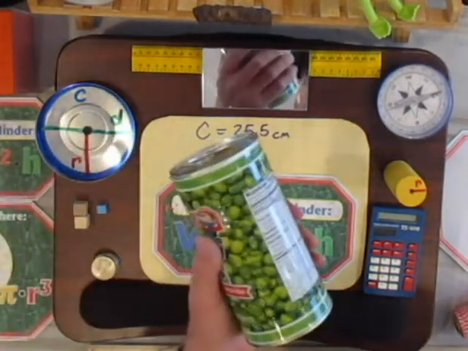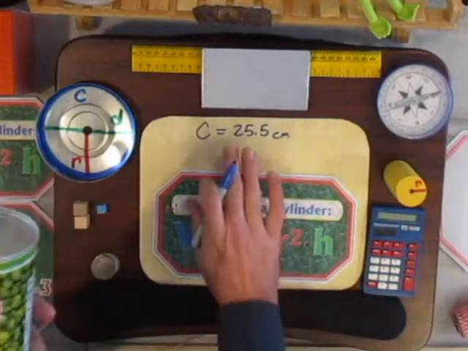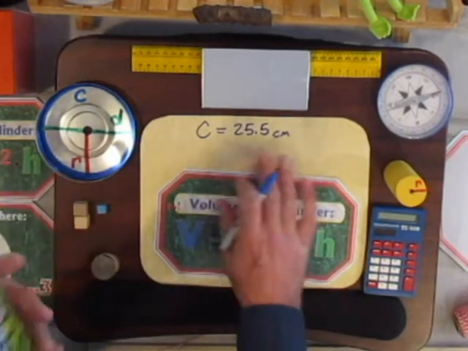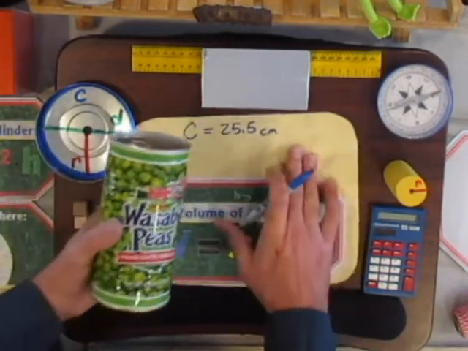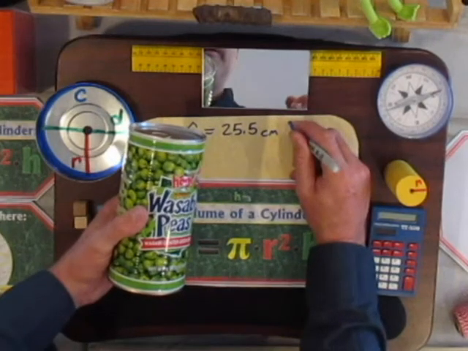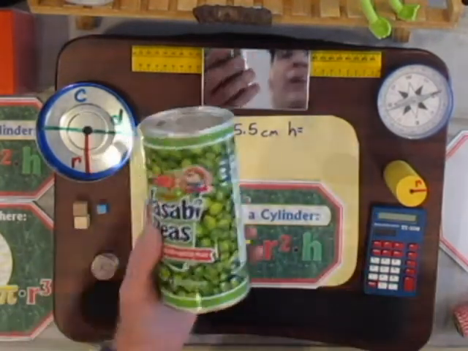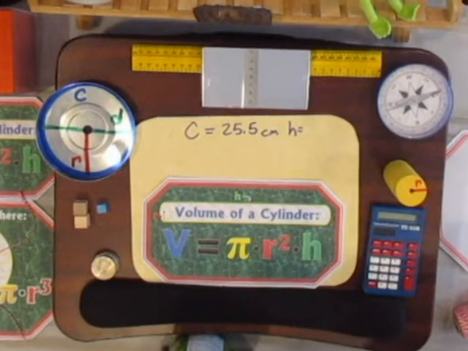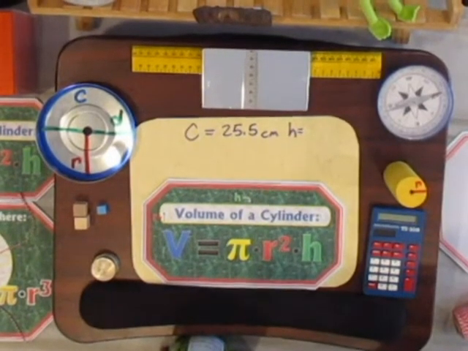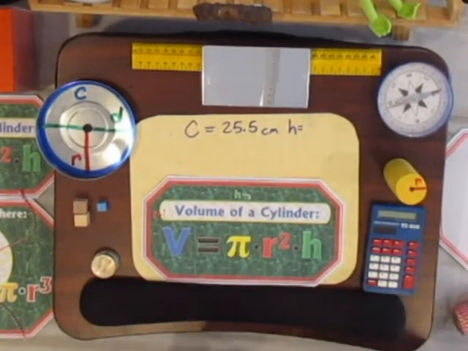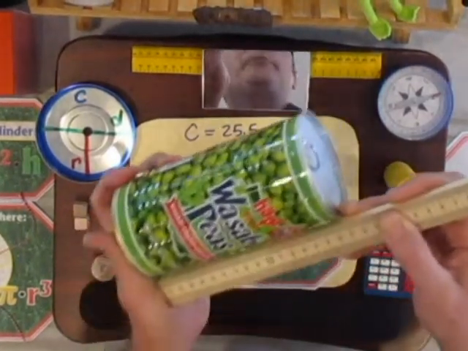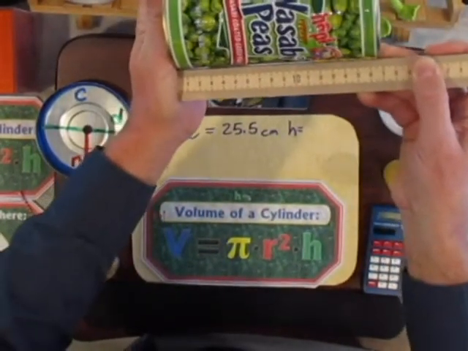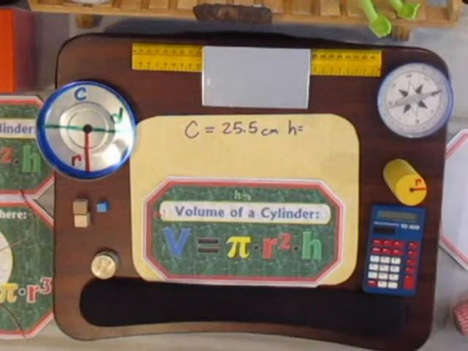So now that I know the circumference, I can get the radius out of that, but I also need to measure my height. So let's measure my height. I'll write it over here. H equals. So what's the height of this thing? And I get 16.7. You can't really hold it, but you couldn't see how I measured that, but it's this way, 16.7. Okay, so that's my H,